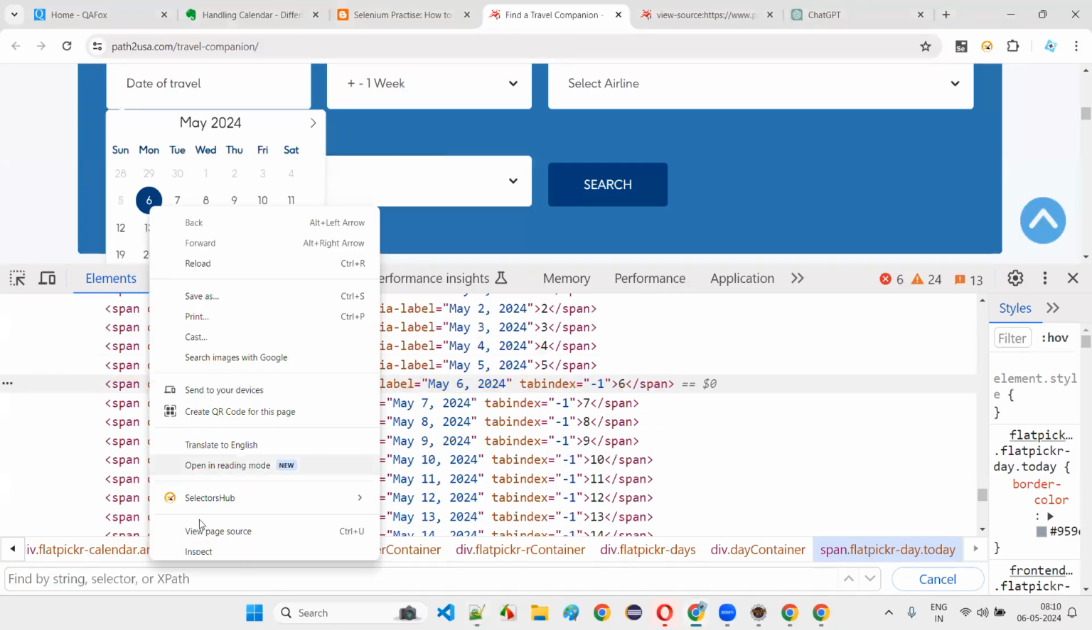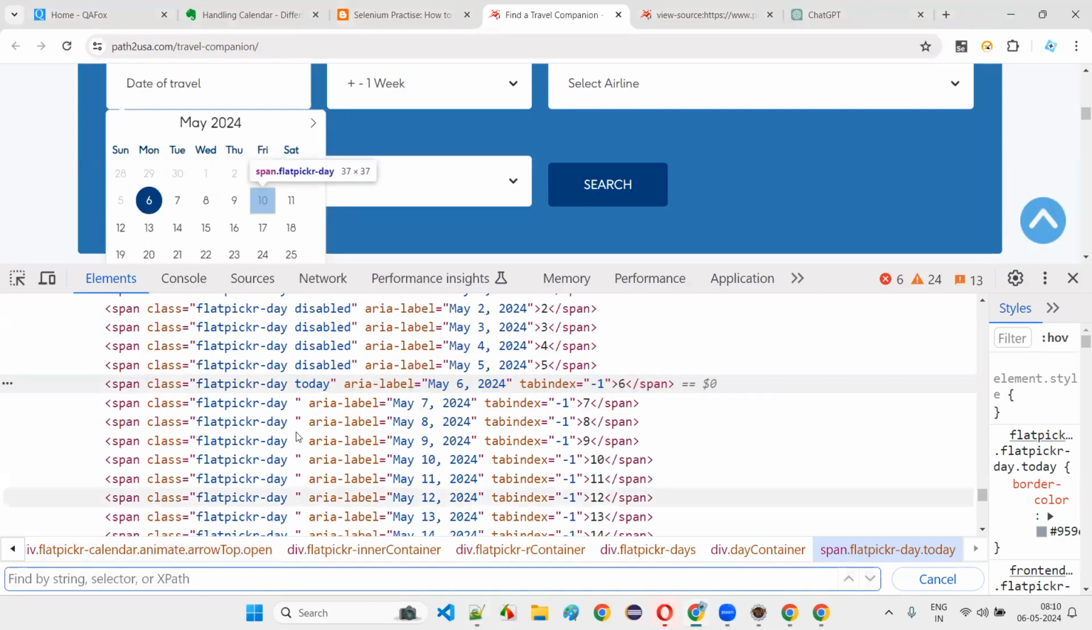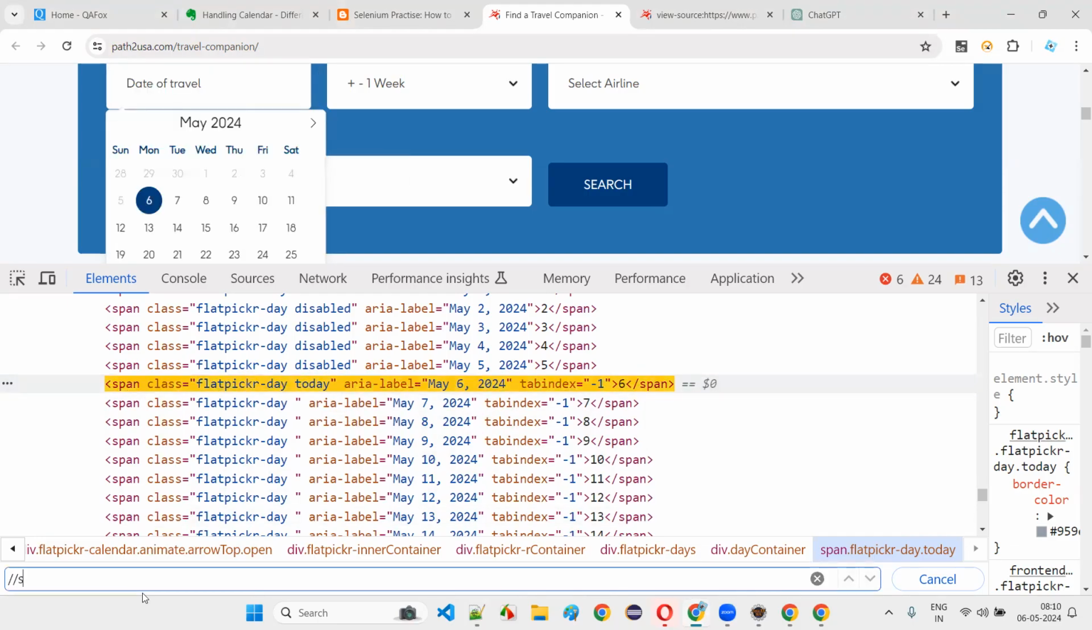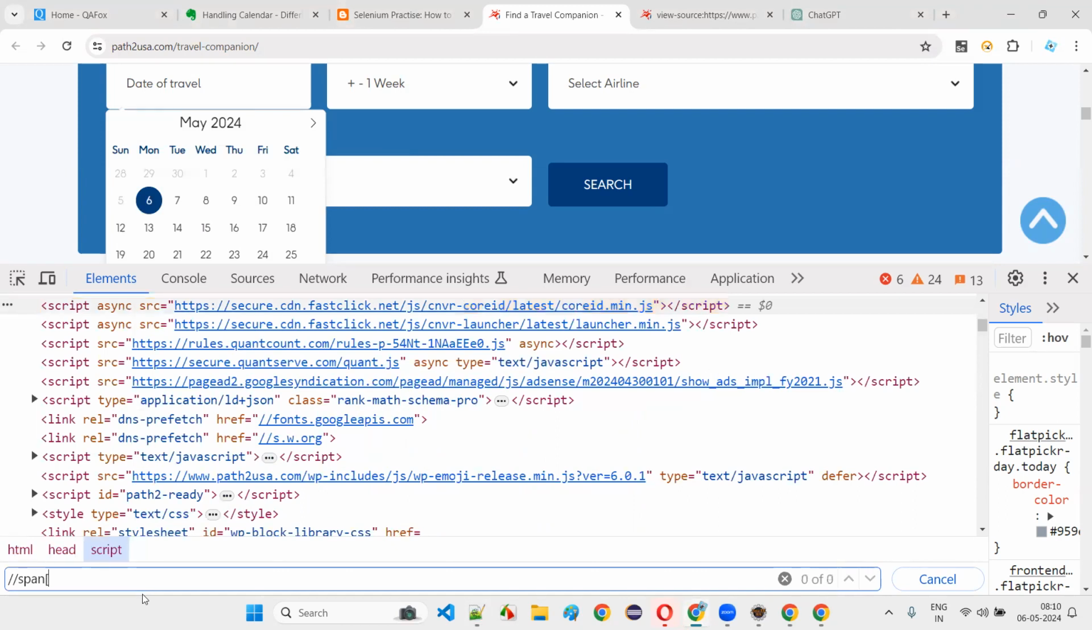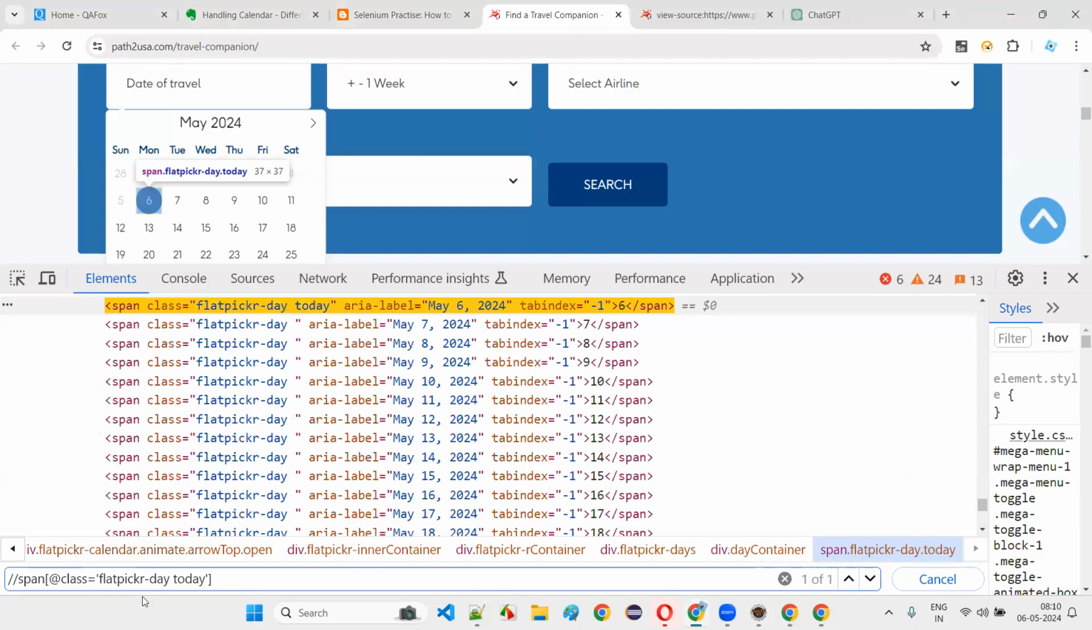I'll inspect this date and select, and it can be today's date or non-today's date. You see, like this, I'll write double slash span at the rate class is equal to another simplest way I'm trying to create the XPath expression. Okay, it will only select today's date, guys. If your requirement is to select today's date, simply you can go with this and select the date